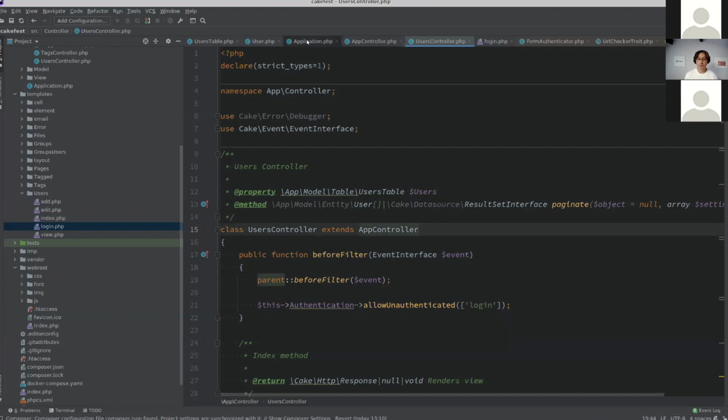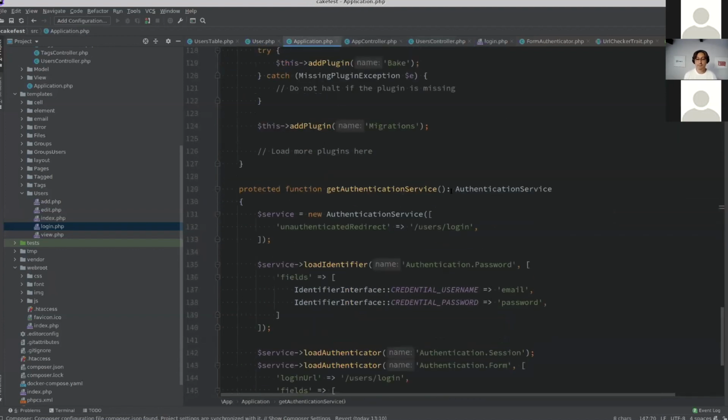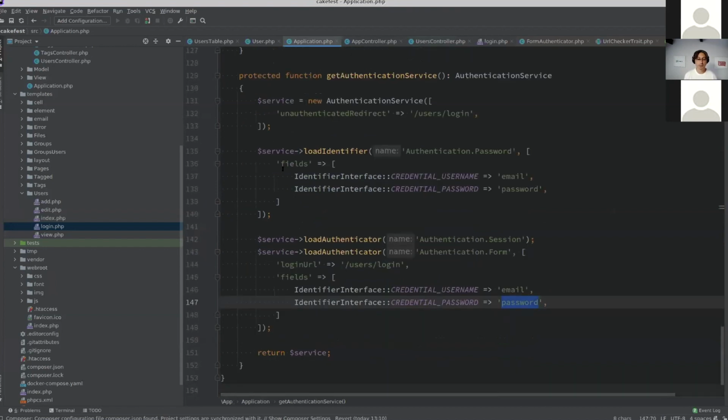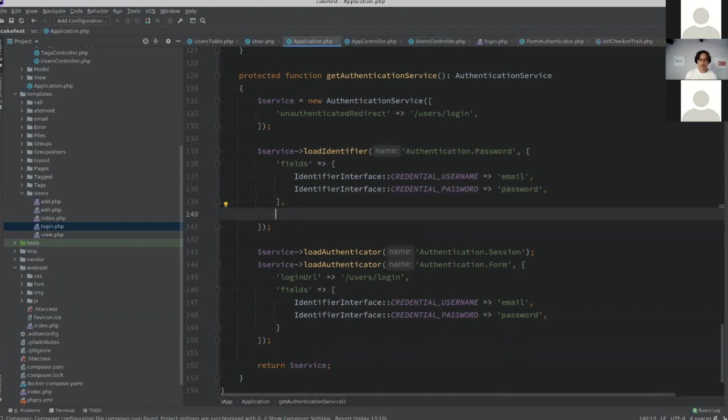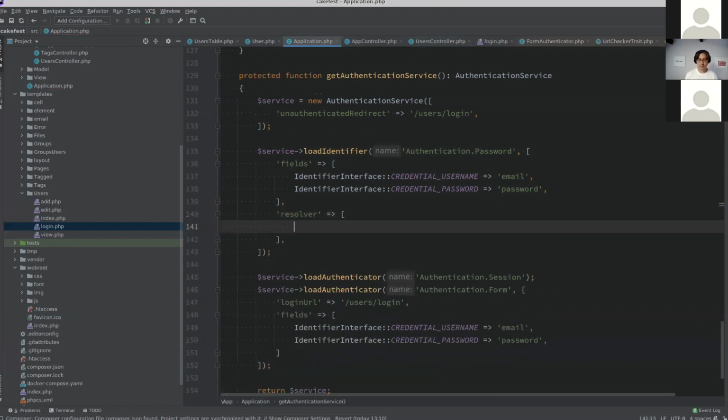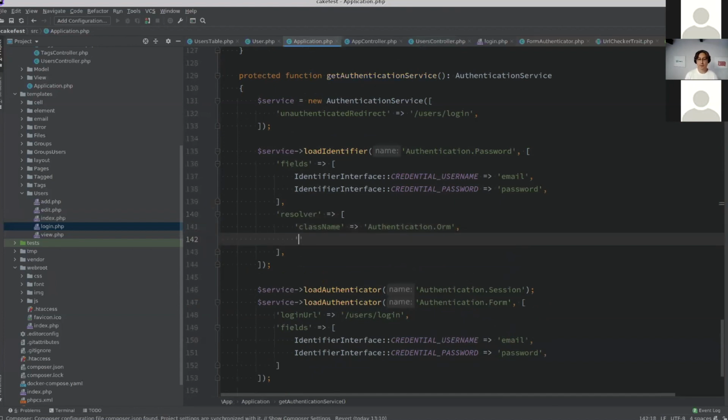We go to the application and we can add a configuration for it. Here we have fields, but also we can add this parameter resolver and then specify configuration for our resolver. In this case, the class name is Authentication ORM, and user model